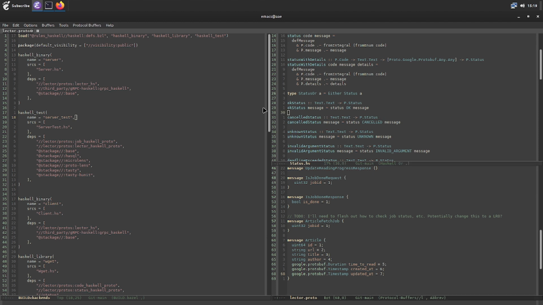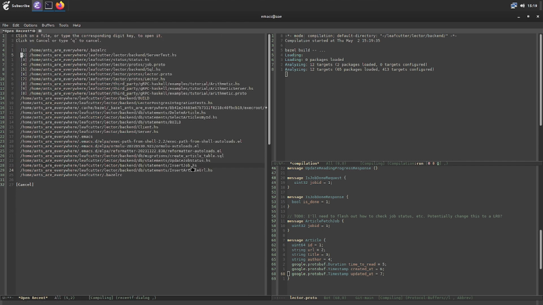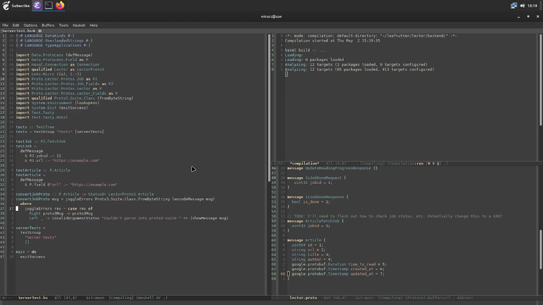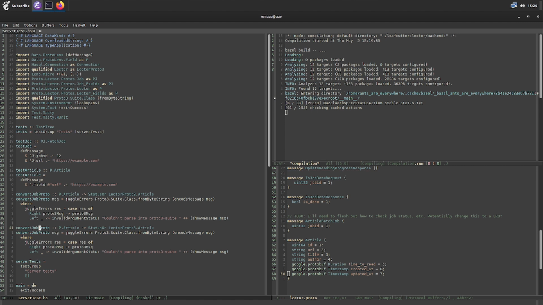I don't know. Something's going on with my build farm. So let's just try this again. And this will take a while. And I guess while that's taking a while, let me think about how we might do the general version. We would just take this thing, replace occurrences of job with,